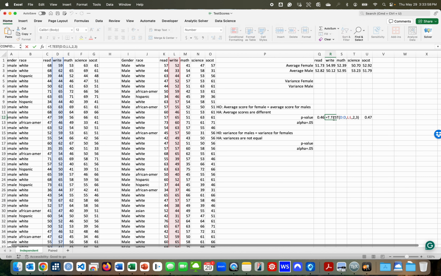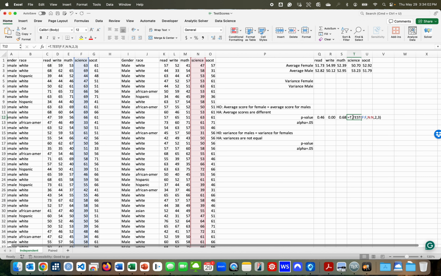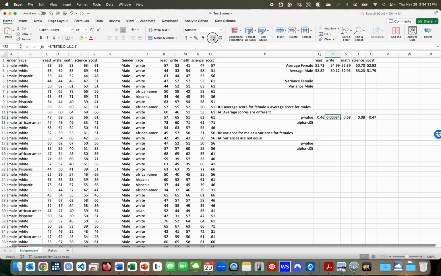That will test the writing columns. This one's testing the math columns. This one's testing the science columns. And this one's testing the social studies columns. The p-value for writing is 0. It's rounded to 0. If we give ourselves more decimal places, it's not exactly 0, but it's 0 to 2